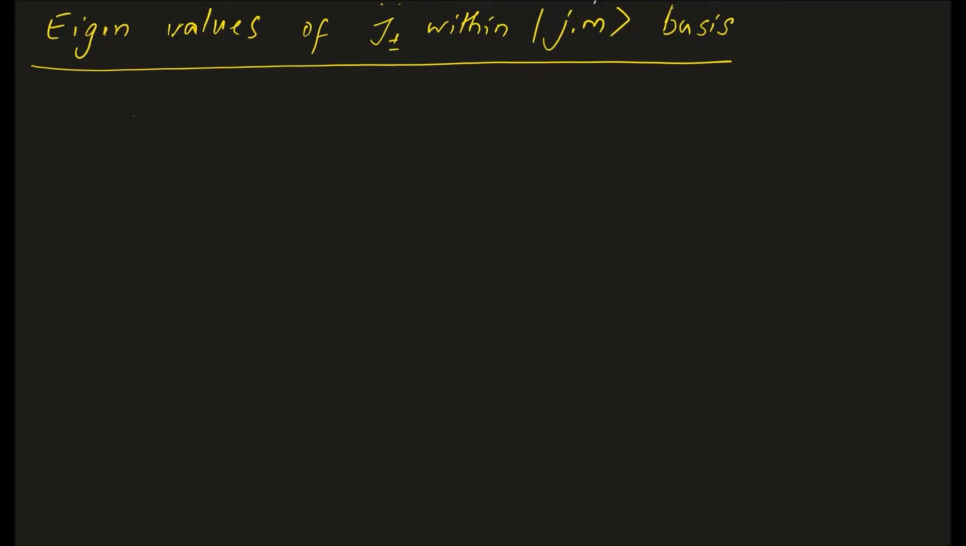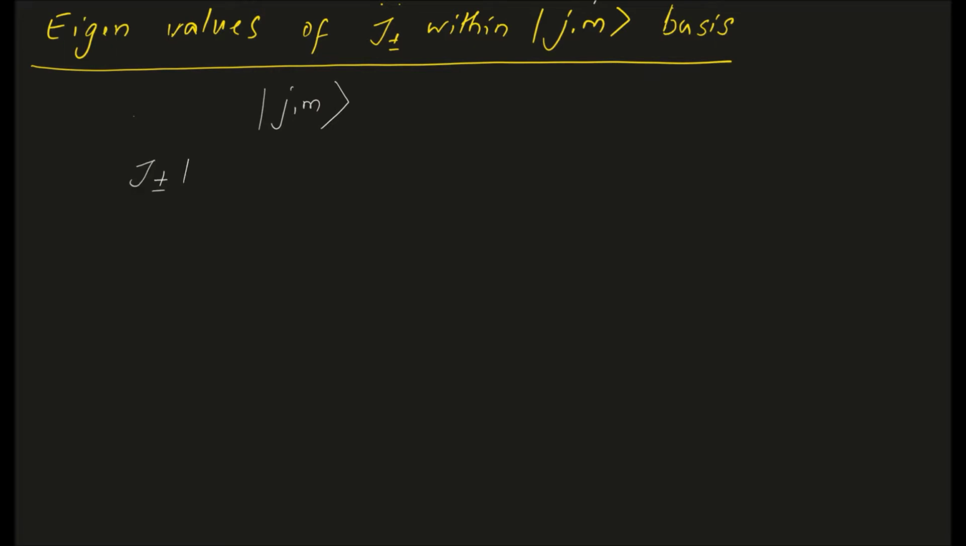In this class, we are trying to get the eigenvalues of the raising and lowering operators J plus and J minus within the Jm basis. We have seen the way we defined these operators in the previous class. We have also seen that this Jm basis is not an eigenstate of J plus or J minus. From equation 15 of the previous class, we have an expression like this one: